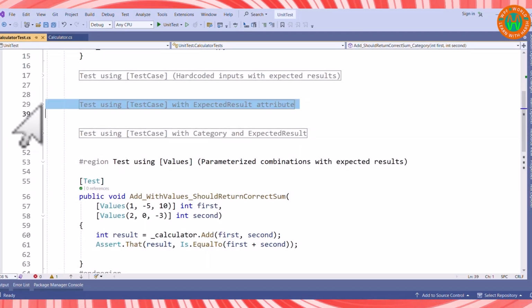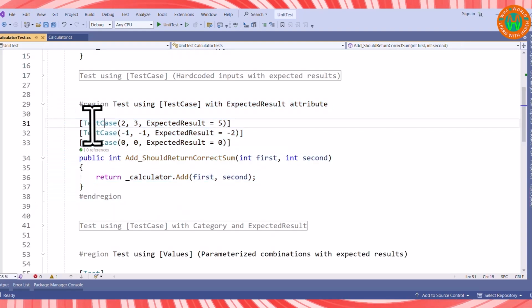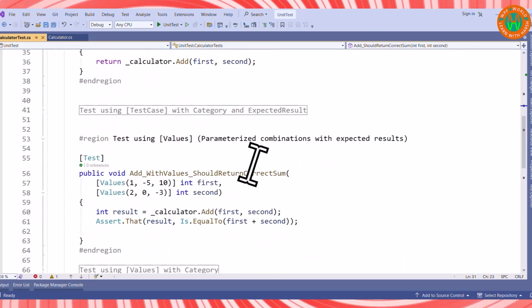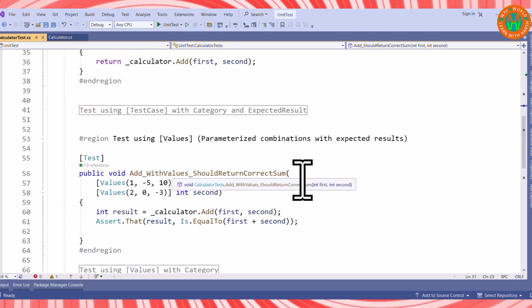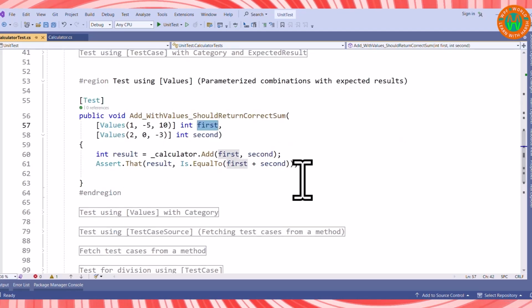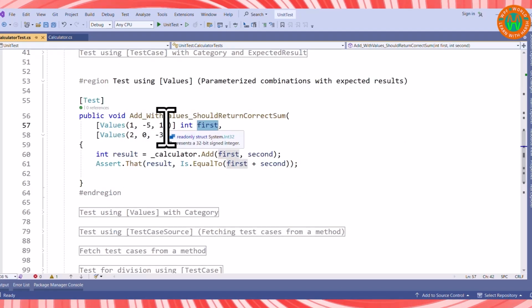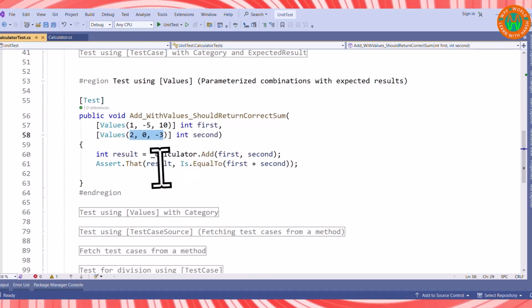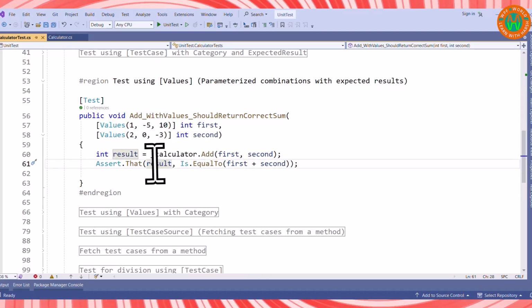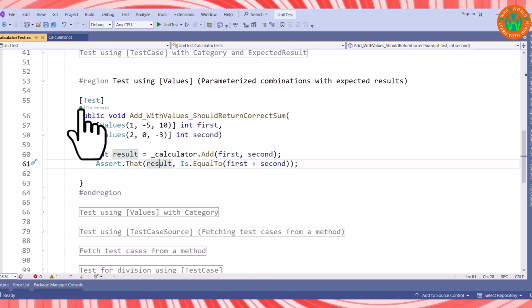Now let's see another one. Here we have seen the test case attribute taking the parameter, but here we can pass the parameter at the argument level of the method. So the first parameter will take 1, -5 and 10, 3 values, and the second also will take 3 values, and we can assert the result with these values like that. So if we run it,